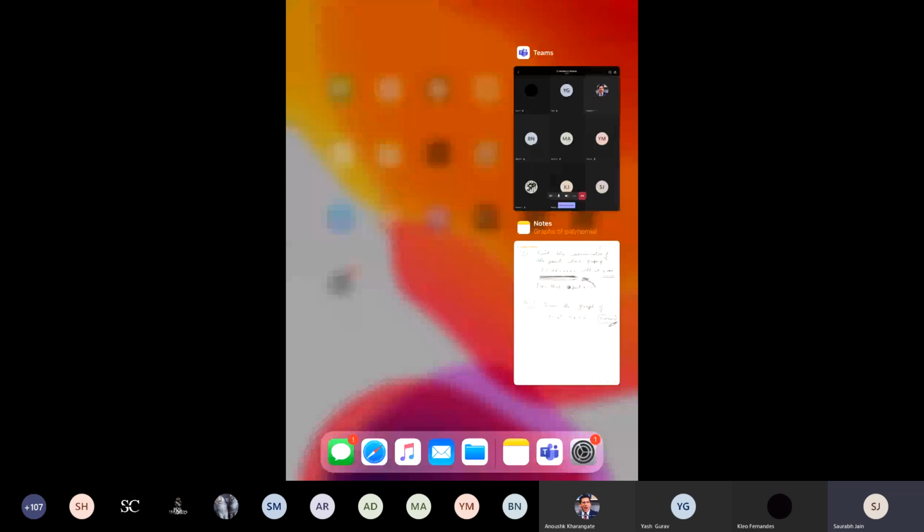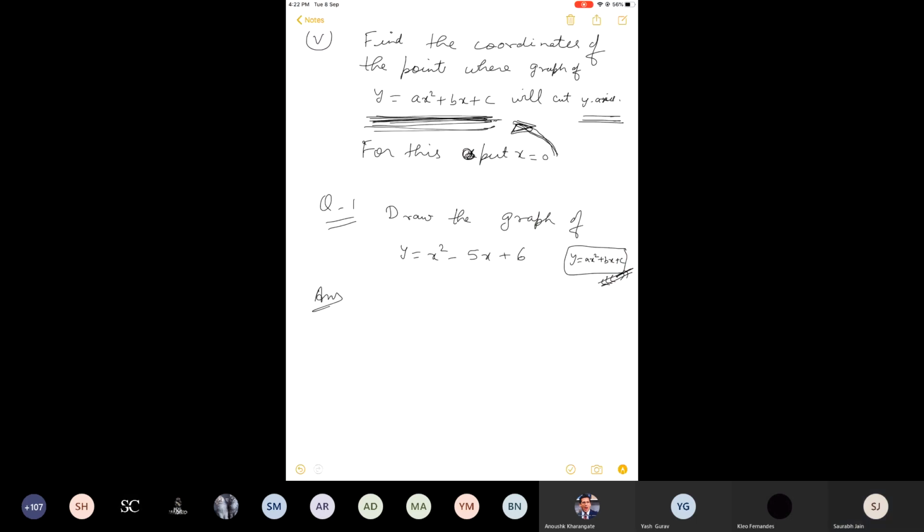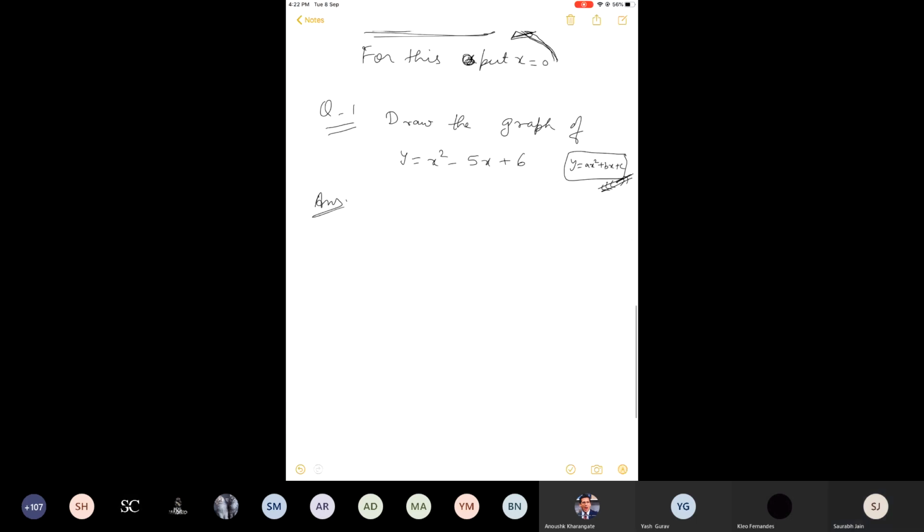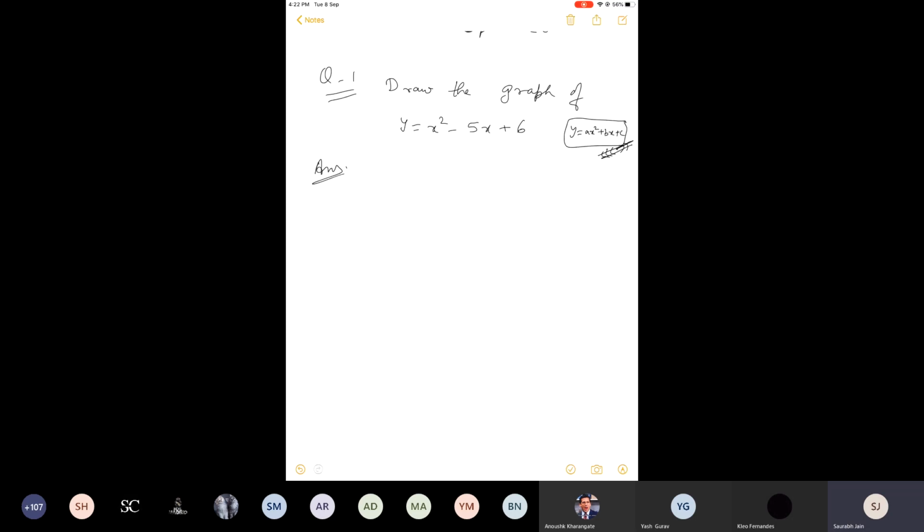Okay, so let me draw the graph now. First thing, who can tell me the first step? What is the first step here? Check whether a is negative or positive. Yes, the coefficient of x square, a. So the coefficient of x square is 1. That is positive. Therefore,